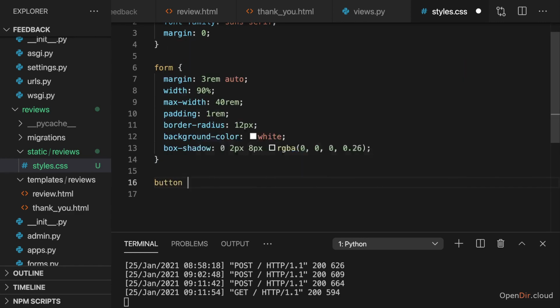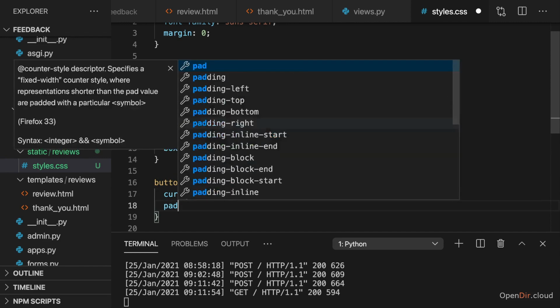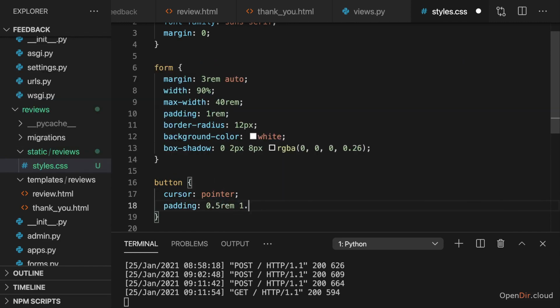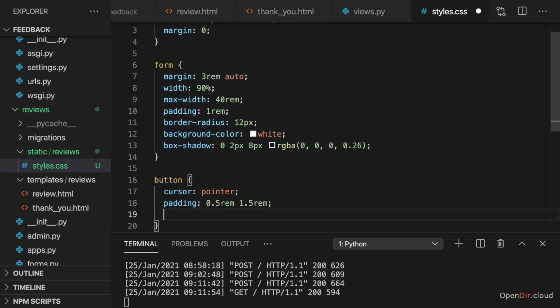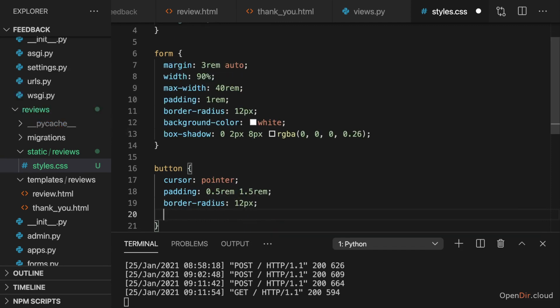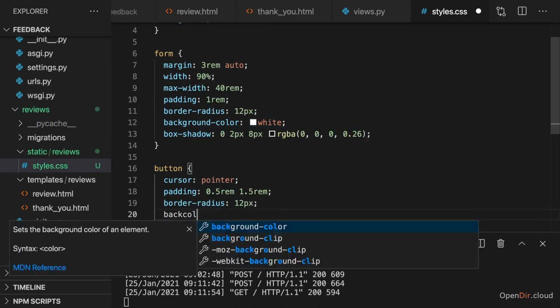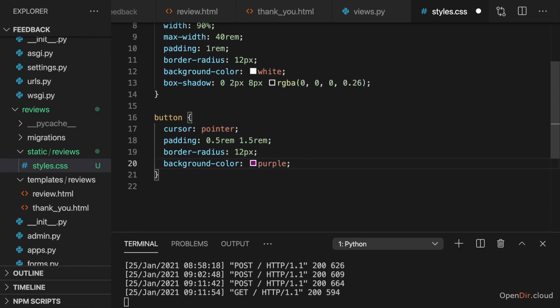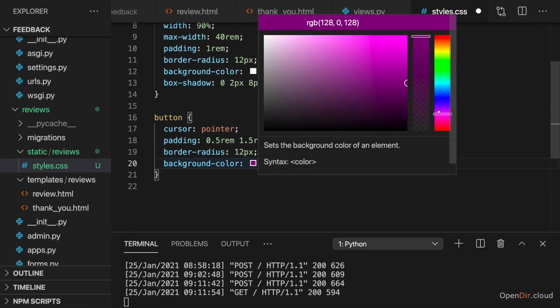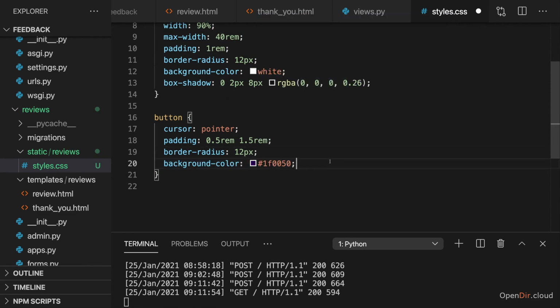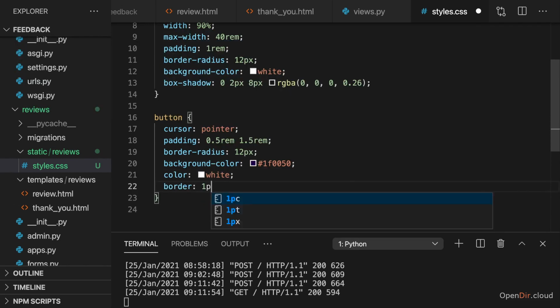Now I want to give the button some styling as well. Set the cursor to pointer. Give it a padding of 0.5 rem and 1.5 rem. Give it a border radius of 12 pixels. And give it a background color of purple, which I'll use as a basis to pick a different color. Let's say this blue purplish, this dark blue purple. Give it a text color of white and a border of 1 pixel solid and that same color as I use